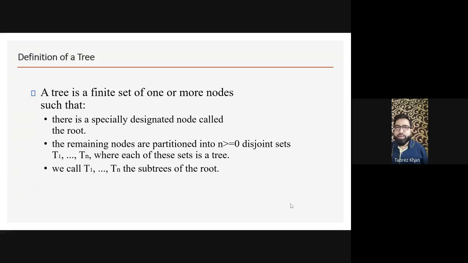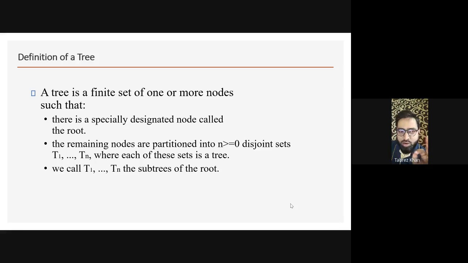So, the definition of a tree. Please see, the definition may look a little tricky, but this is one of the best definitions of a tree, and it is taken from a reference book by Horowitz and Sahni. So it's better to base our understanding of tree on this definition. So what does it say? A tree is a finite set of one or more nodes such that: